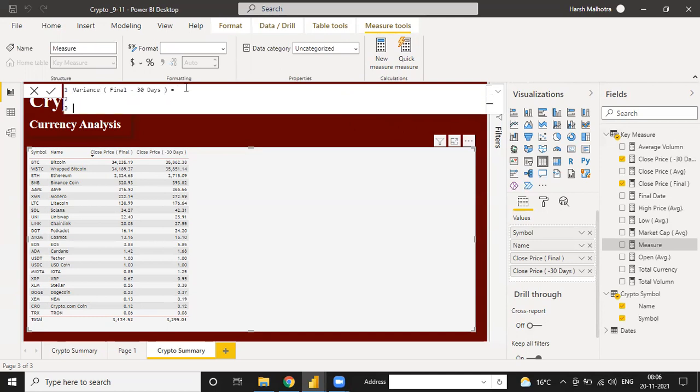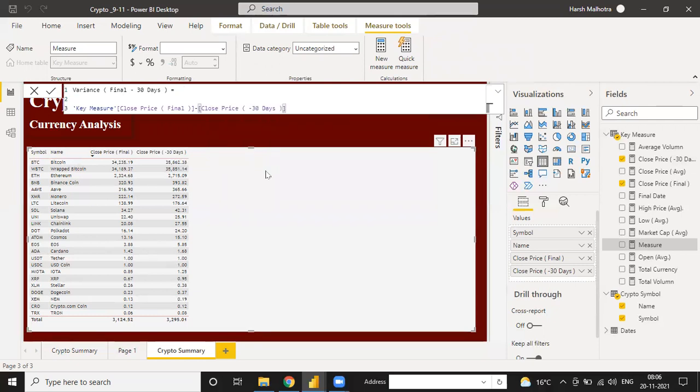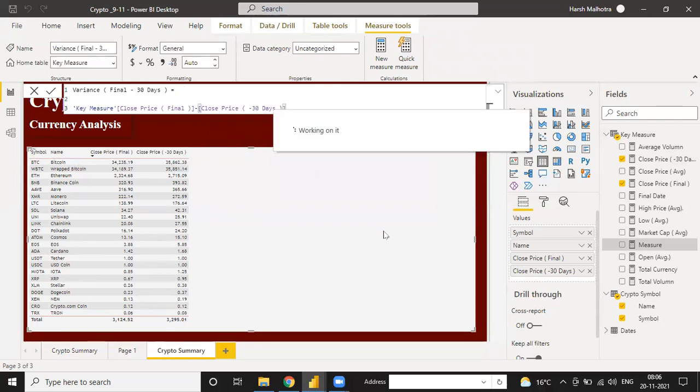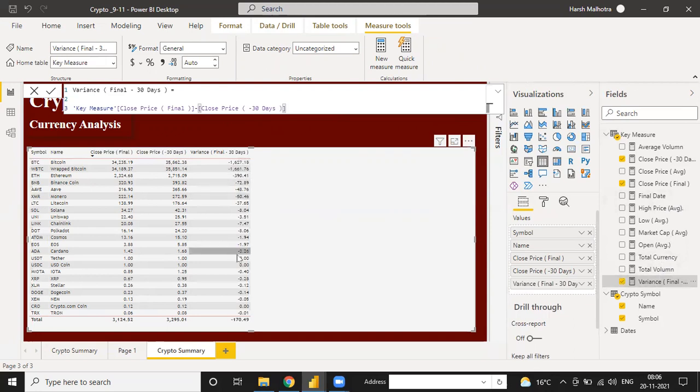This is the variance of this one. Just a simple thing: you can use close price final minus close price 30 days and just click enter. It will give you the variance percent. Here is the variance close price final.